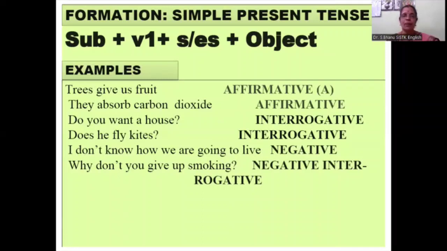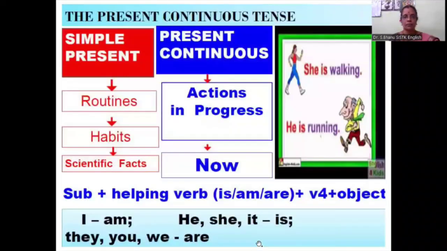Do you want a house? Interrogative sentence. Does he fly kites? Interrogative. I don't know how we are going to live. This is negative because a not has been added. Why don't you give up smoking? This is negative interrogative. Okay. So when you say,